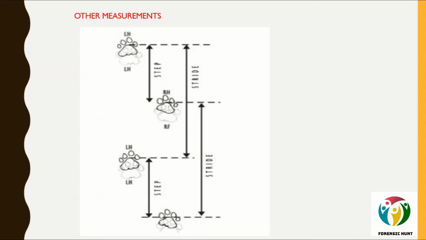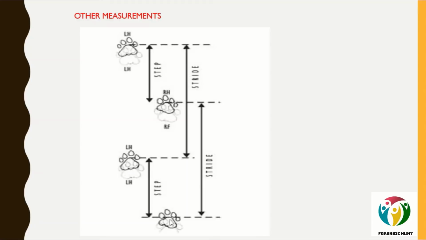First of all, we'll study how to measure those things. Select a walk sequence where the tiger has moved with a normal speed, as I have already told you, and then select two consecutive hind pug marks for the measurements. Why are we taking the hind ones? Because they are not as distorted as the front pug marks. Now measure the distance from the hind left to the next hind left or hind right to the next hind right.